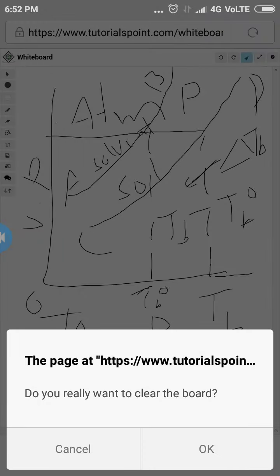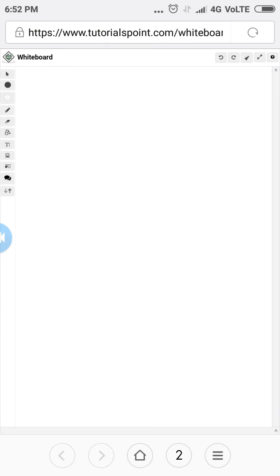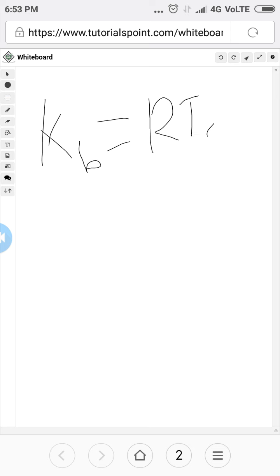Next, the relation between elevation in boiling point and latent heat of vaporization. That is, Kb is equal to R T naught squared by 1000 into LV,